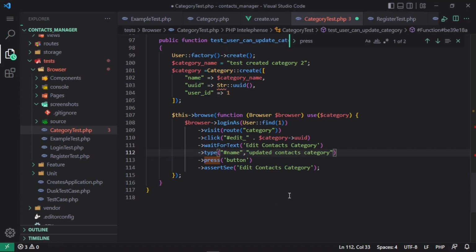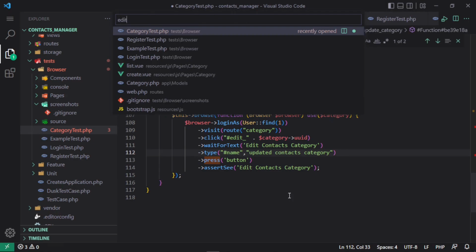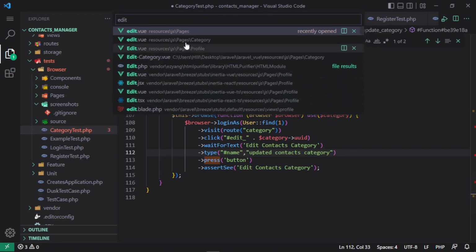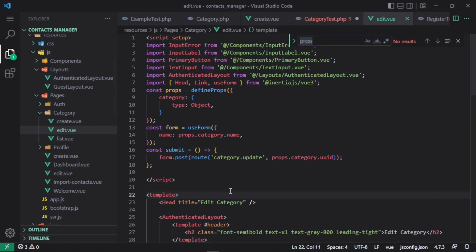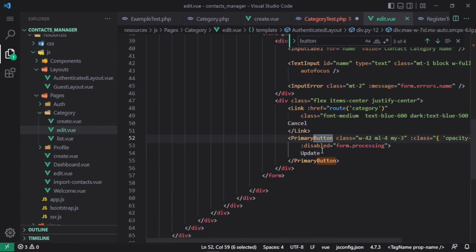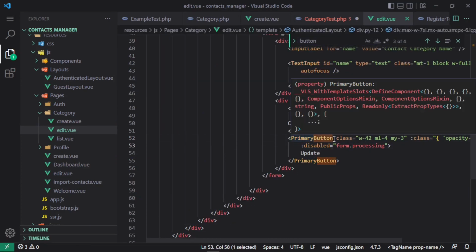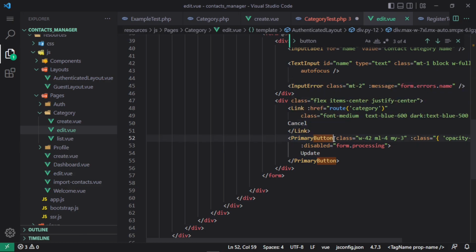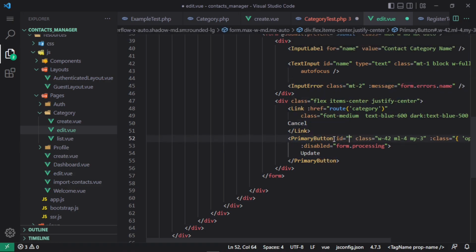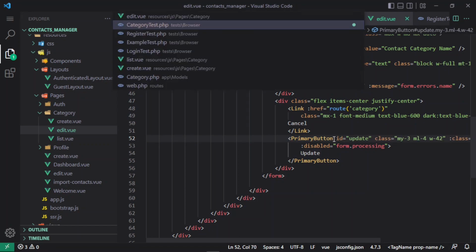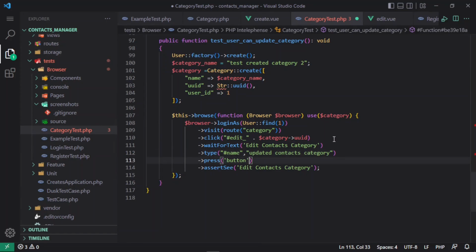So we're going to go ahead and add an id, and go to edit category and find the button and add id. Let's say update, save it, and in the test we are going to press that button with that id,